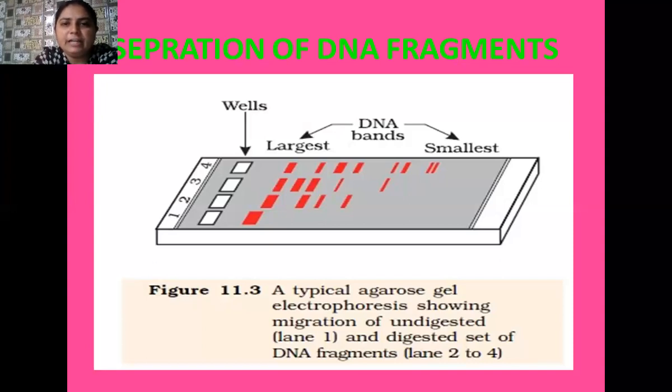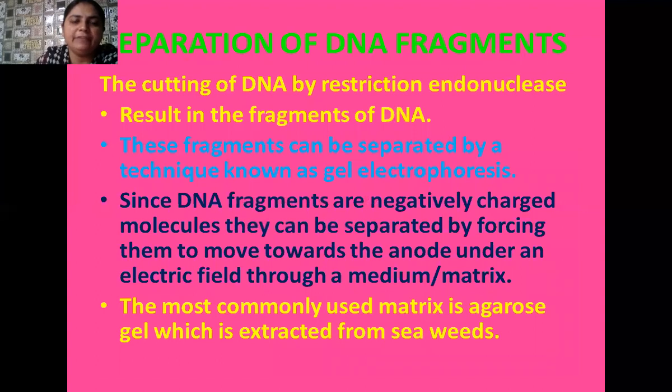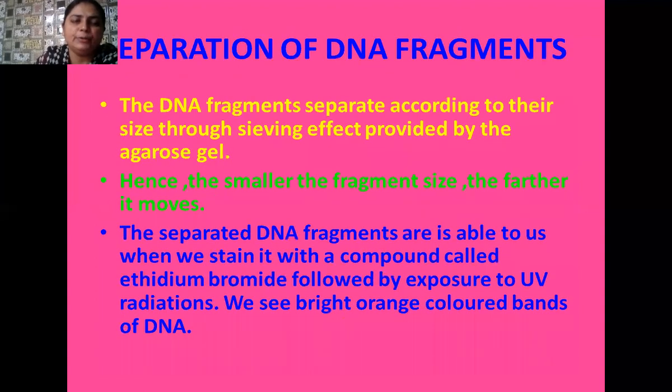So in this way we cut a particular piece of log from this agarose bed, and we arrange the segments according to their length, and these segments are later used to construct the recombinant DNA. We do this first for the alien piece of DNA, and later we do the same for the plasmid DNA. In this way we can easily isolate the fragments of DNA for both the alien DNA as well as the plasmid DNA.